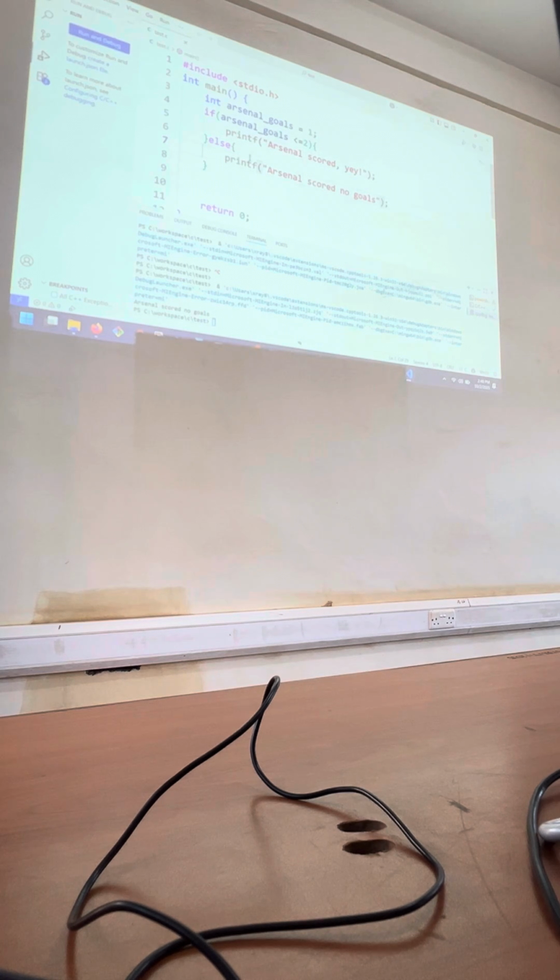But maybe what if they have scored actually more than that? In that case, we have what we refer to as an else if. We can add an else if, and we can have as many else ifs as possible. If you remember from the example I gave you at the beginning, you had grades. With grades, you're checking maybe grade A, grade B, grade C, you have several things you are checking. In that case, you can have a bunch of else if statements.